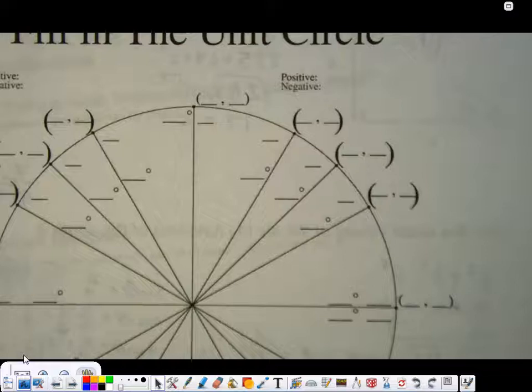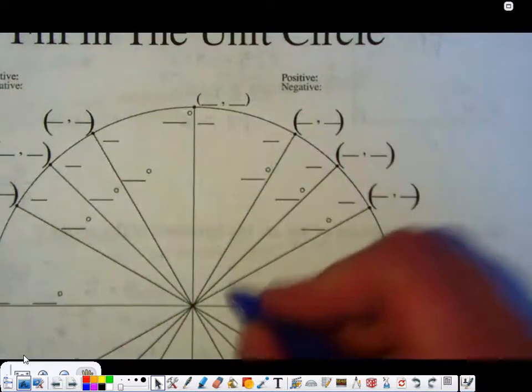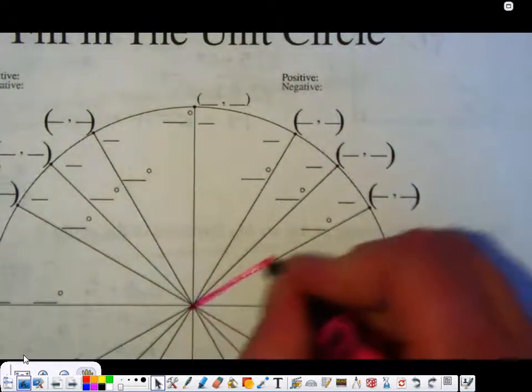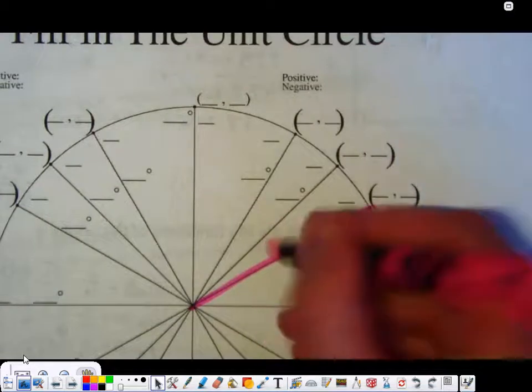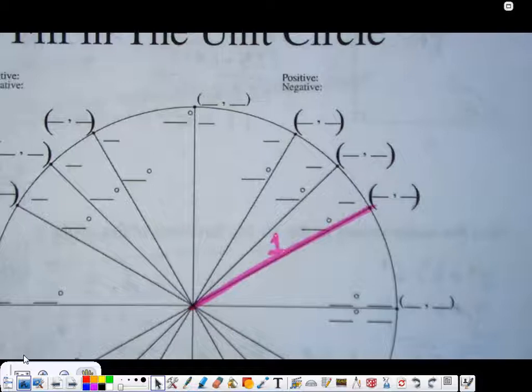Okay, so we're going to just barely start the unit circle. We're just going to do the first quadrant, and then we're going to stop. The unit circle is called the unit circle because the circle has a radius of 1 unit. All the way around, this distance is 1. The radius of this circle is 1. 1 what? I don't know, 1 unit, whatever your unit is. That is 1. And that makes it really convenient as a tool for knowing the trig functions of certain